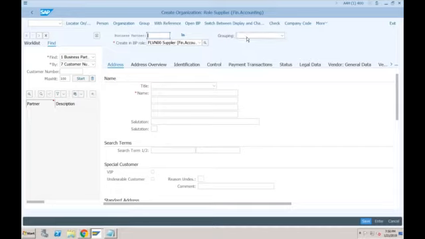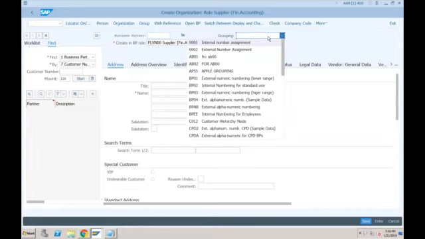Another important thing that you need to provide, one is obviously the role. The second thing is the BP grouping. Normally in SAP ECC, whenever we were creating a vendor, we were providing the vendor account group, and based on the vendor account group, the system was determining the vendor number. Similarly, since we are creating the business partner and we want this business partner number to be generated, either internally or externally, it will be based on the BP grouping. So there are different groupings available.